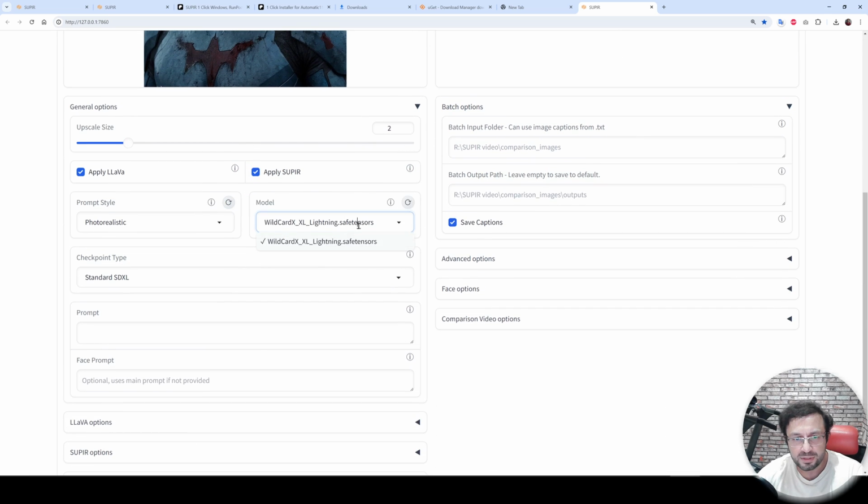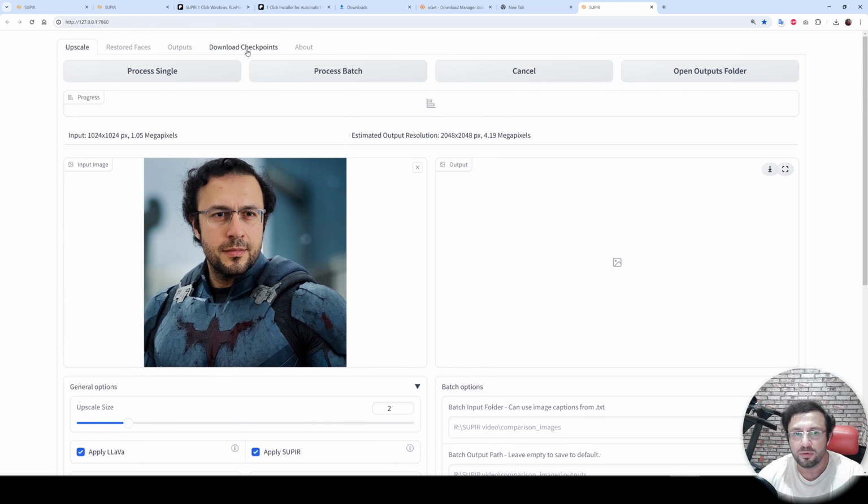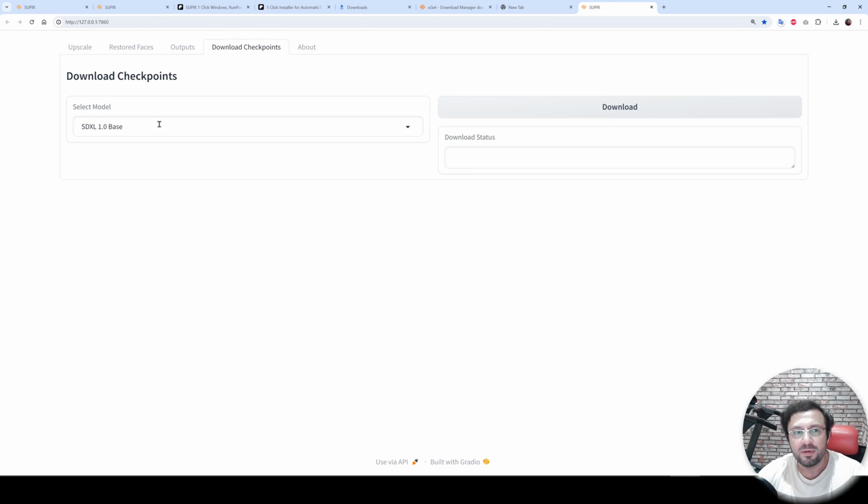Okay, let's refresh. Yeah, currently these are the models because we were overriding the previous model. As you remember, we canceled it. So we can also download the checkpoints from here. We can download these ones currently. Moreover, you can request me to add more downloads here.